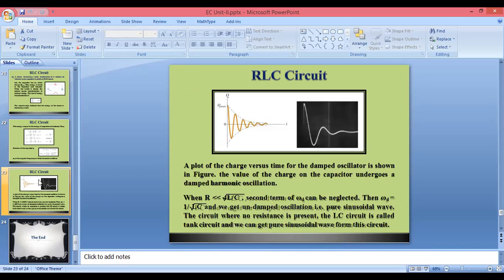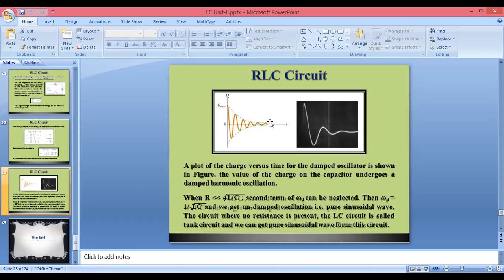Now if you see the RLC circuit, in RC and RL circuit we have already studied the relation of voltage and current with respect to time. As the value of time increases, the value of current is decreasing in RL circuit, and in RC circuit the value of voltage is decreasing. And how are these decreasing? These are decreasing exponentially. So here now we have to study the new concept, and that concept is damping. We have to study damping in RLC circuit.